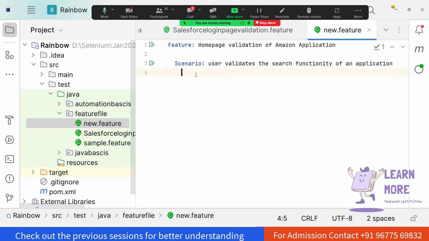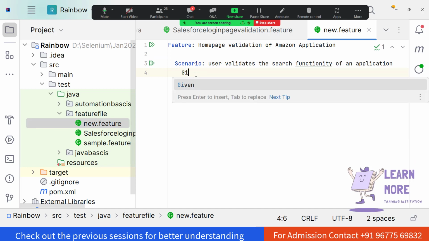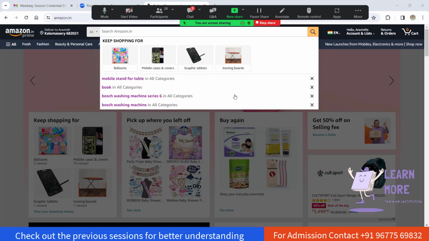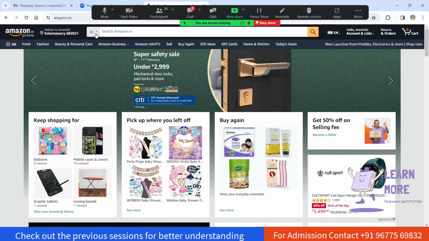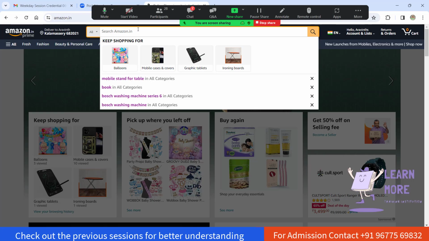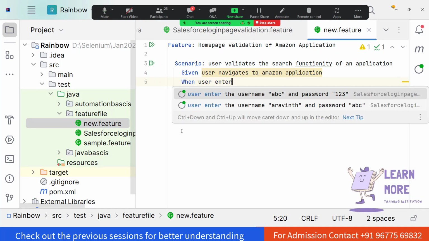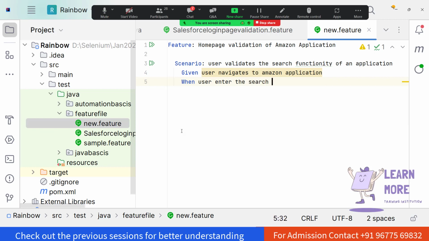We need to derive the test steps, and we are going to derive the test steps with the help of the keywords called given, when, then, etc. So the prerequisite, the given: the user navigates to Amazon application. Post that we need to do the user action, which means we need to enter a particular keyword. So when, user enters the search keyword,